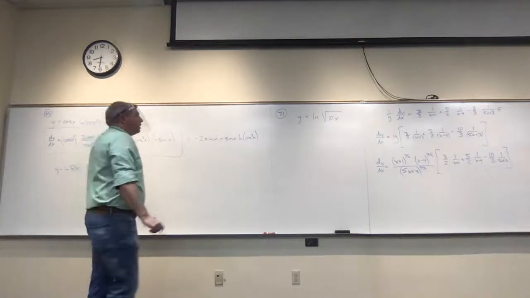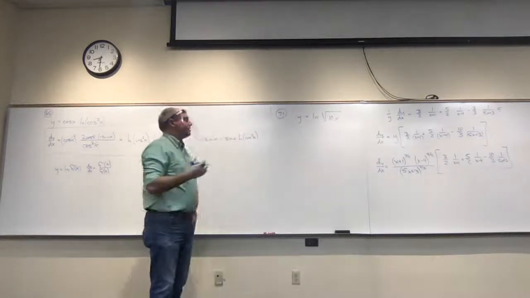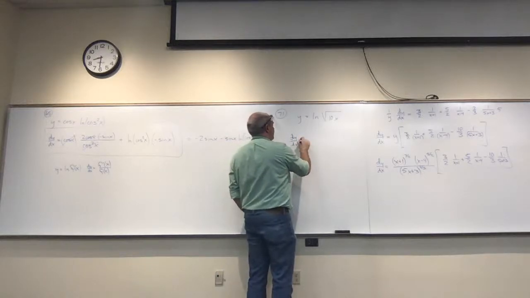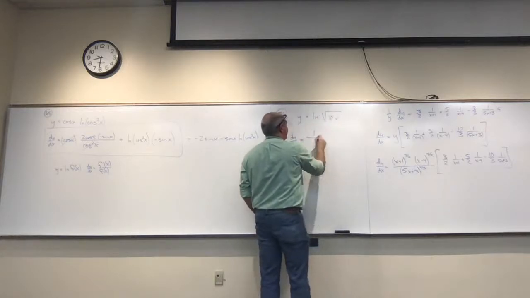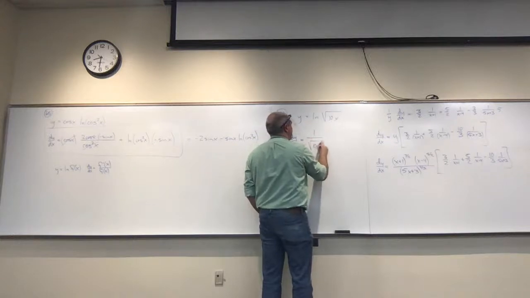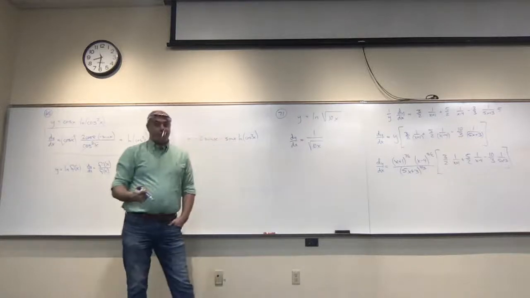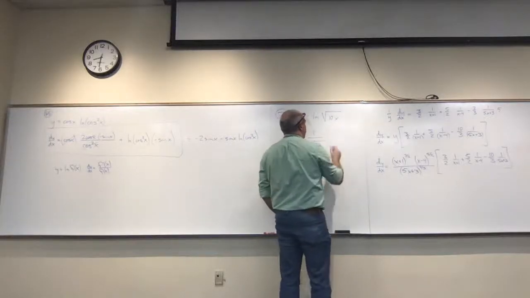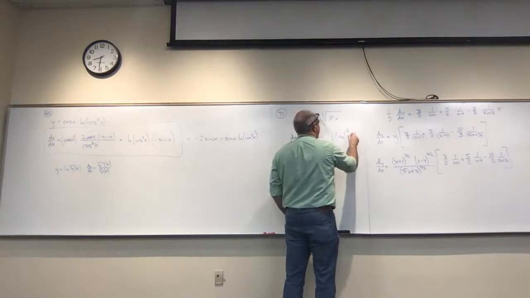Okay, so this one I just have ln of something, and when that happens, I don't have to think about it too hard in terms of what to do. The way that I take the derivative of ln of something is it's 1 over that thing times the derivative of this thing. But the derivative of that, I'm going to have to use the chain rule. So this is really 10x to the 1/2 power. So I could say it's 1/2 times 10x to the negative 1/2 times the derivative of what's inside, which is